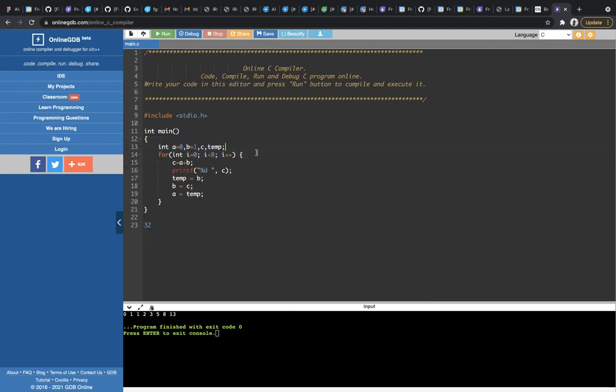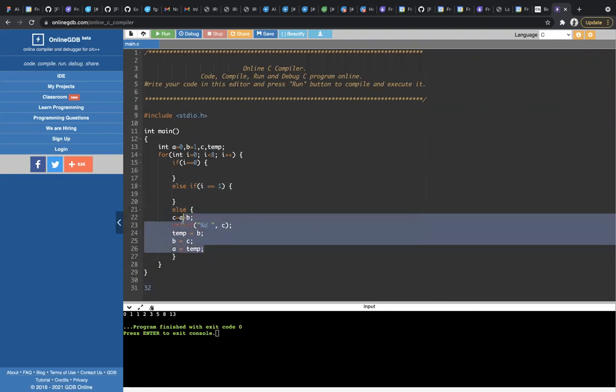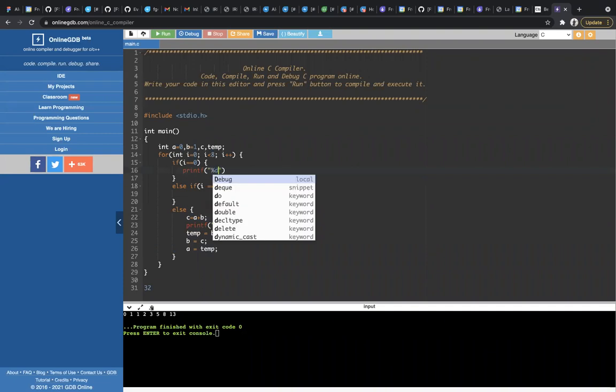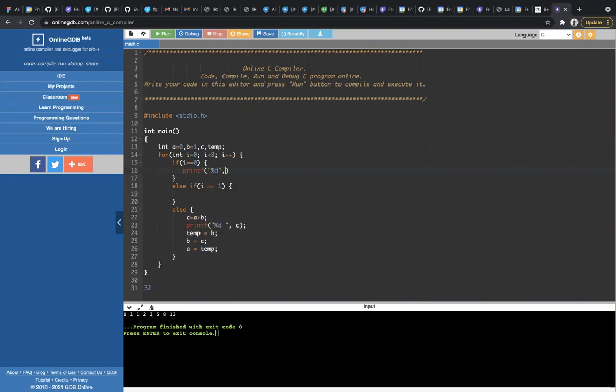What I will do is have: if i equal to 0, else if i equal to 1, else. If i equal to 0, printf %d, comma a.